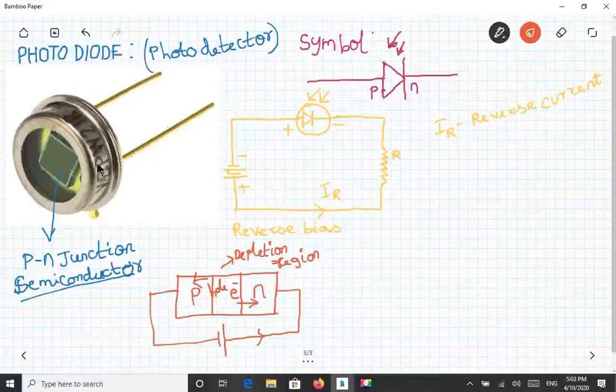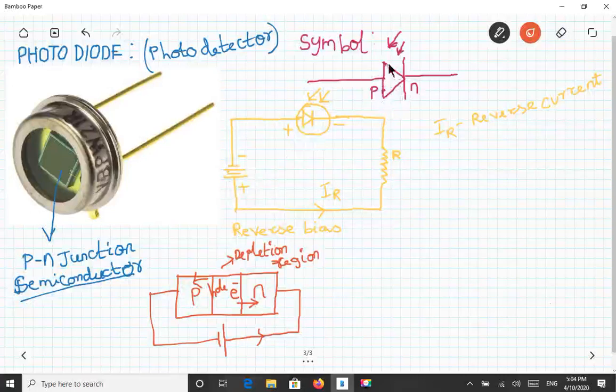So that's the basic use of this device. We are going to see how this device works internally. That's today's topic. There is a PN junction diode which is made up of a normal semiconductor. The only difference here is that it has been reverse biased and it is not forward biased.